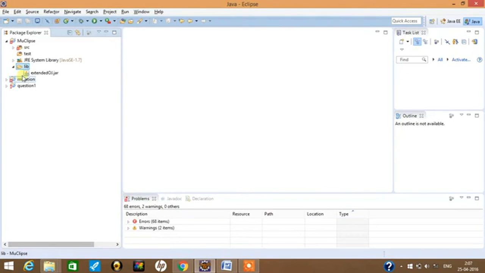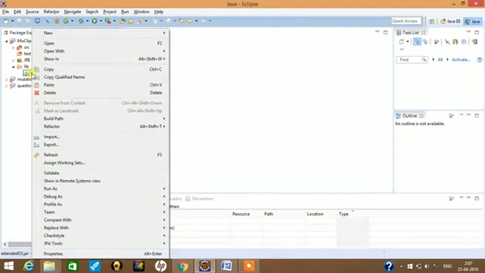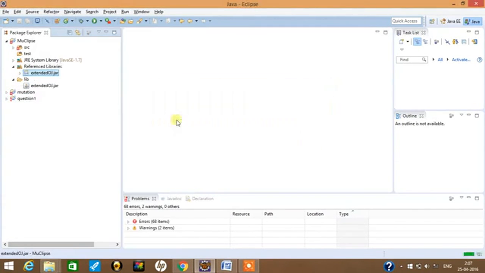To add this jar file to our system library, right click on the jar file, go to Build Path and click on Add to Build Path. Here you can see the extended OJ jar file successfully added into the referenced libraries. Now we will add the JUnit jar file into the referenced libraries.